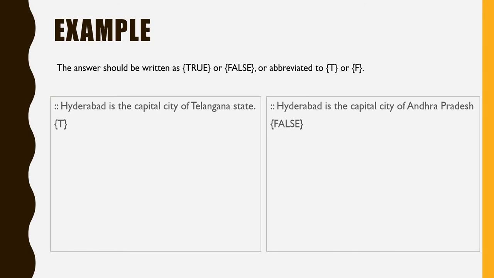What if you have a true or false question? How do you do it? Yeah. So for example, let us go through the disclaimer. The answer should be written as flower bracket open, true, flower bracket close, or similarly flower bracket open, false, flower bracket close. So for true or false you can write it in block letters like this, or simply you can write caps T or caps F. That also means the same.